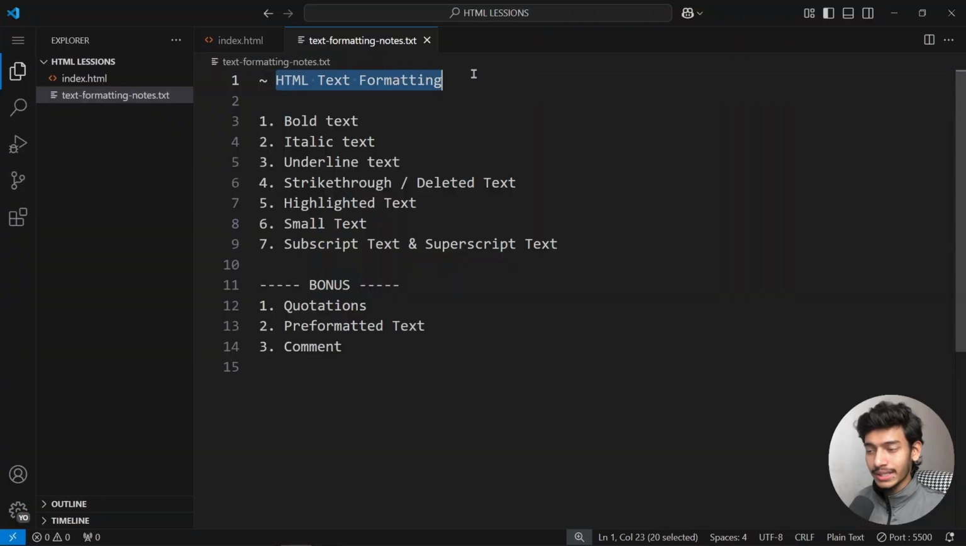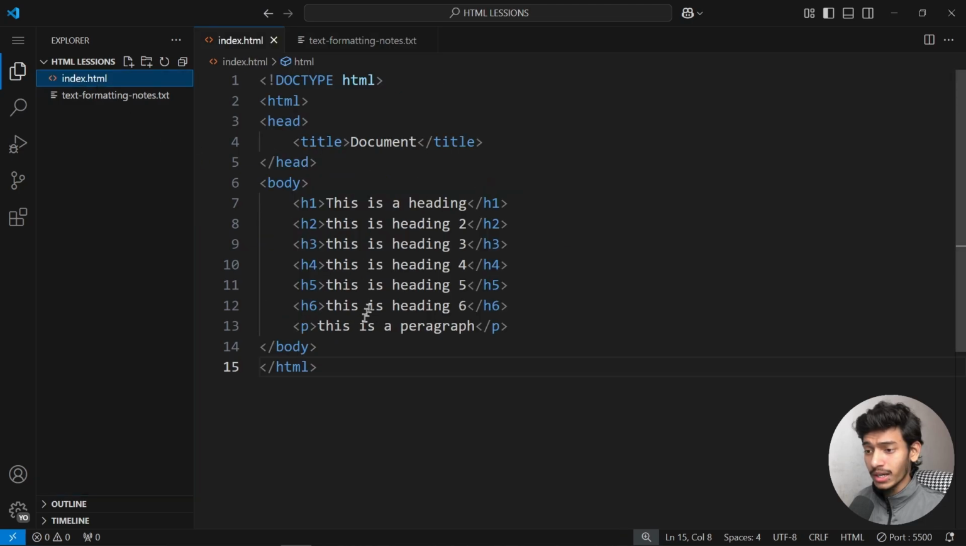So we're going to learn text formatting and all the concepts that you can see I have noted here. And also there is a bonus part. Let's go and create a new file. This was our previous file that we have coded. Now let's create a new file that will be